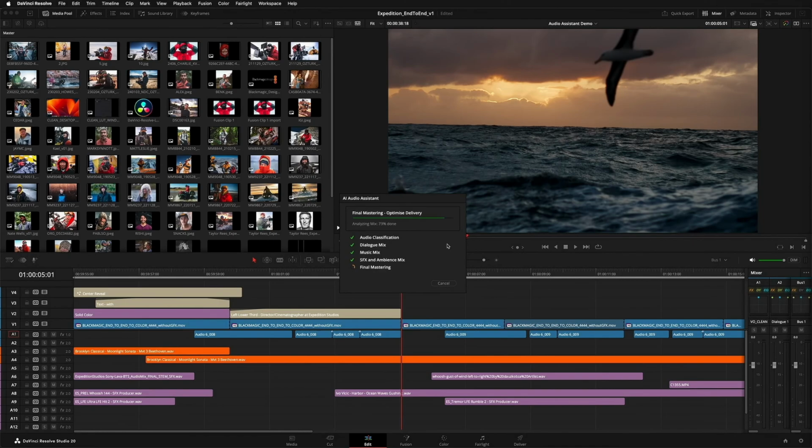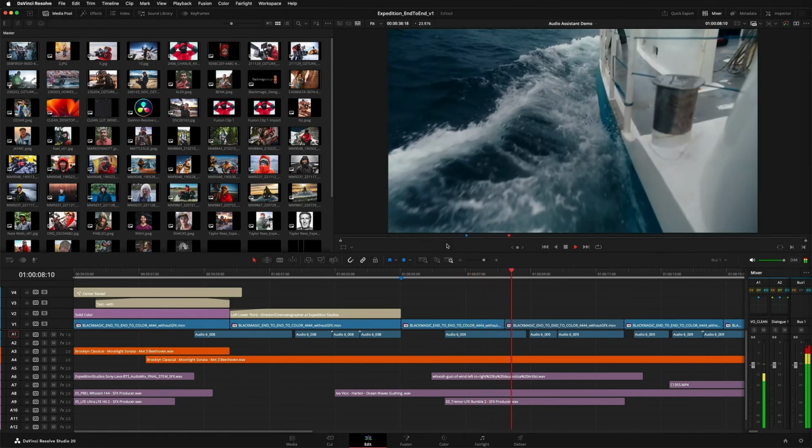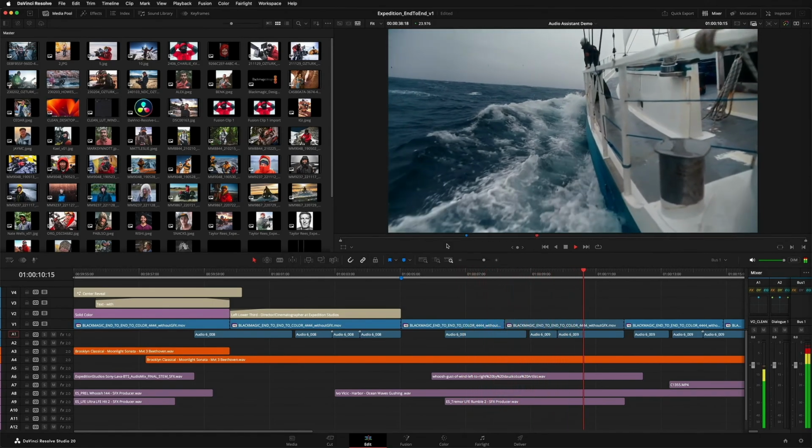A lot of our bread and butter over the years has been these National Geographic expeditions,